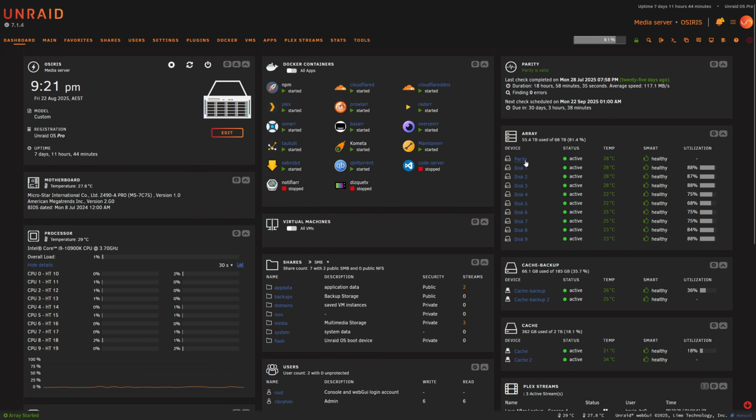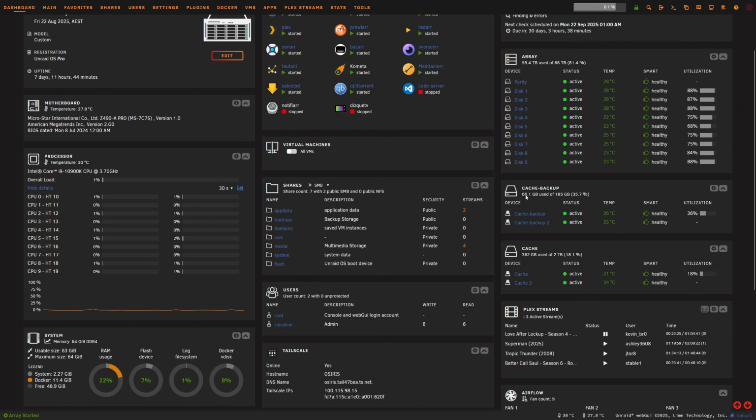Then we've got our entire array. So we're looking at our parity disk. I only have one. Honestly, if I had the money and the time, I probably would get a second parity disk as well, again for that extra protection. But I don't know what the price of disks are where you live. In Australia, it's an absolute rort. So I've just left it as one, and then I have all my other disks underneath that. And as you can see, chewing through space over the past couple of years,